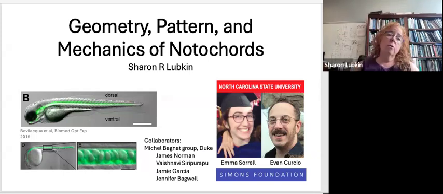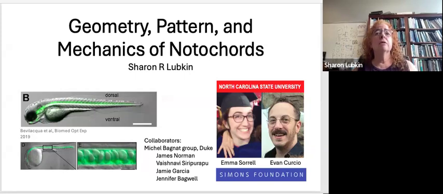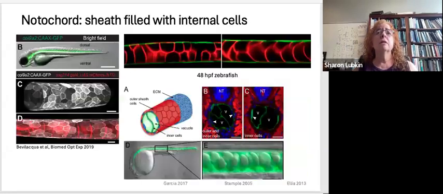And as the organism is maturing, the spine forms around the template of the notochord structure, which has made the embryo elongated. This was a fun topic for the dissertations of not just that first student, but a second student, and they have both long since graduated, and Emma's working in industry and Evan is postdocing in New York. And let me tell you the rest of the story, because it's about the packing of the cells inside the